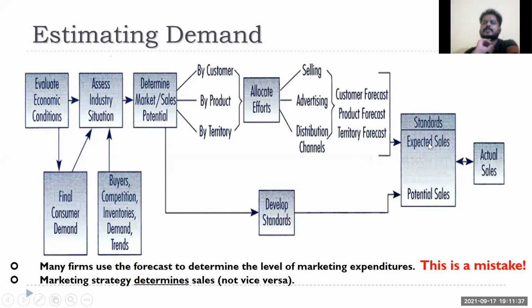So that calculation you have to do from your past data, and if it is a new product or service, like I showed in the previous slide, you calculate your winning percentage and find out what your expected sales are, right? Another way is to do it on a forecast basis. You don't look into the potential, you do not look into your segmentation, your customer or product or territory. You just create a certain standard.